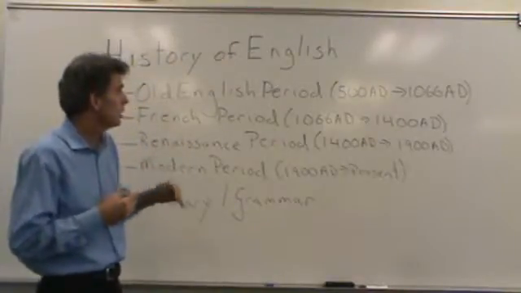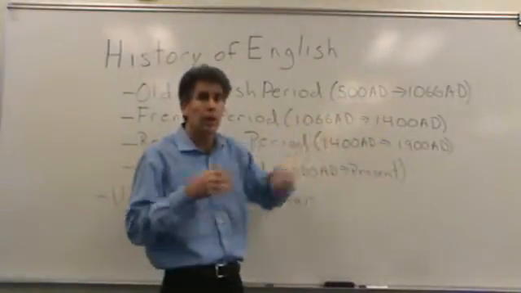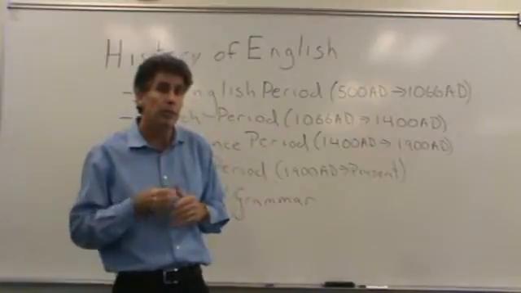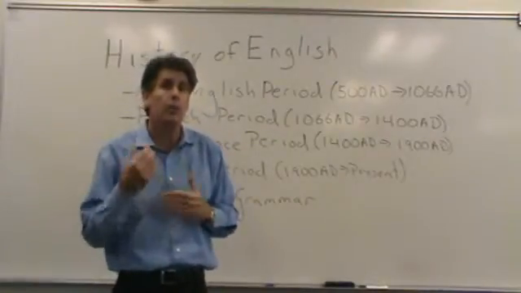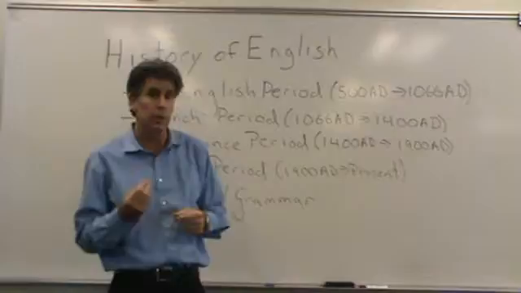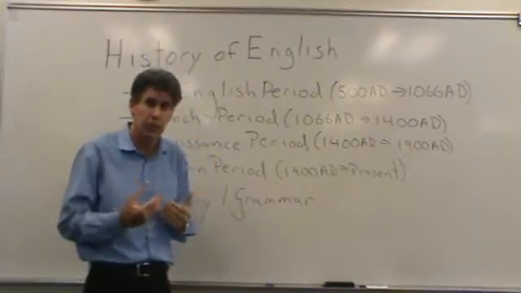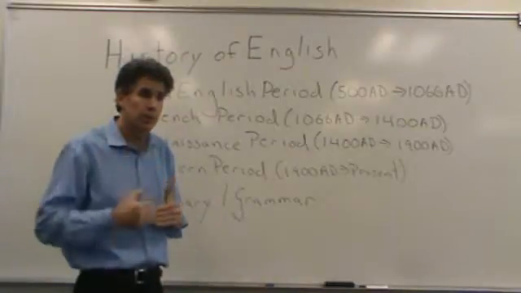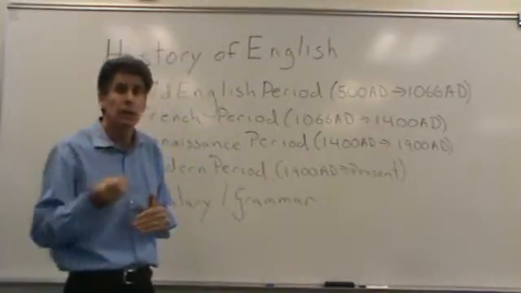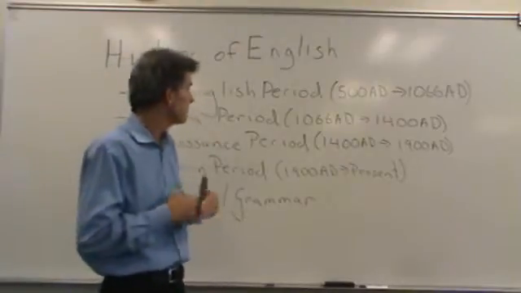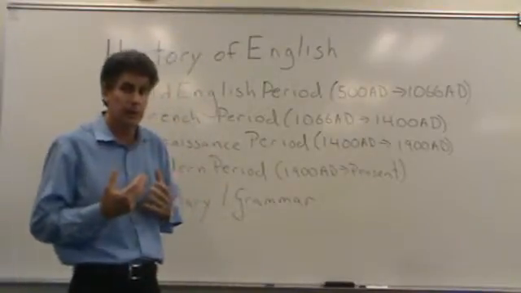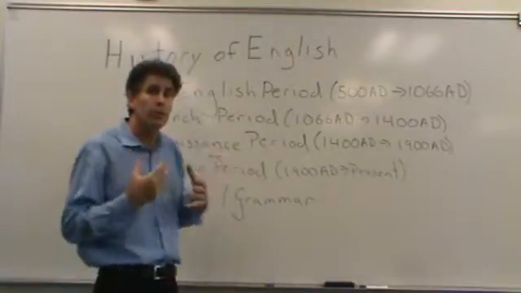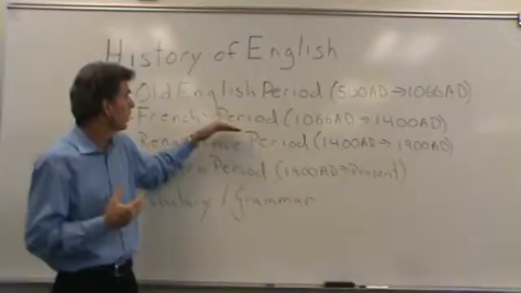Things would change then in 1066. A nobleman by the name of William the Bastard, you may have heard him called William the Conqueror, but when he invaded England, he was known as William the Bastard. He came from northern France, and he essentially marched from one end of England up to the north, from the south end up to the north end of England, and declared it his own. He's coming from a French background, though, and what he really initiated was a Frenchification, or really a takeover of